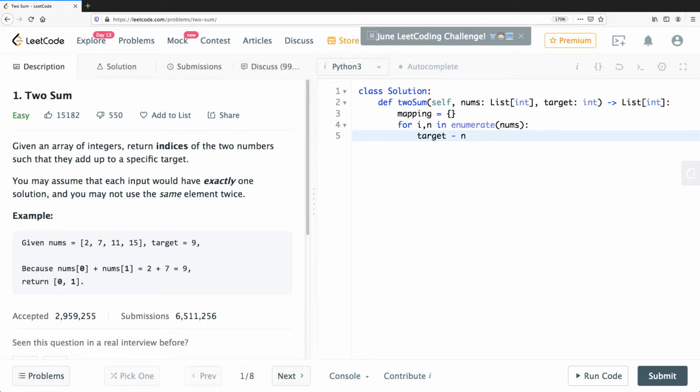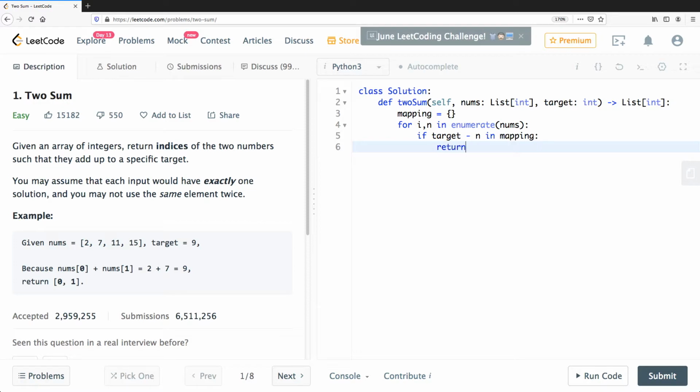If target minus n is in the dictionary, then target minus n plus n would be equal to target, right? So basically we would be looking for target minus n. So we can say, if target minus n is in mapping,